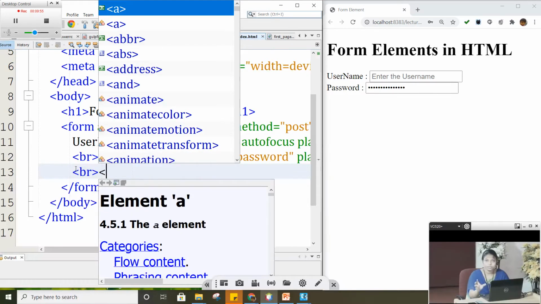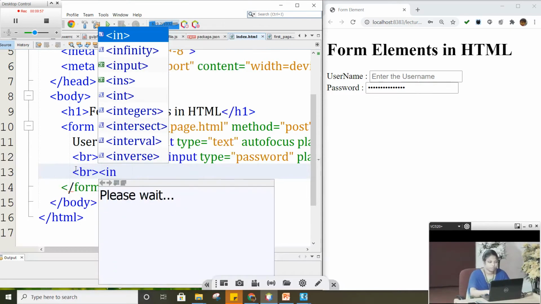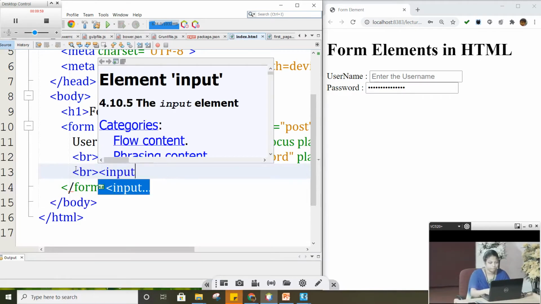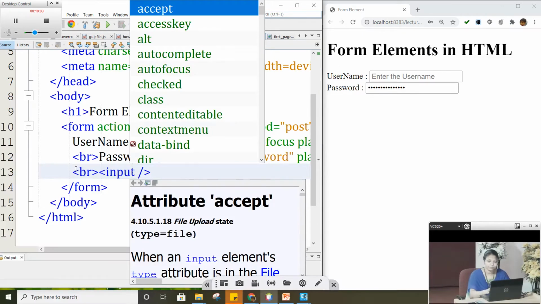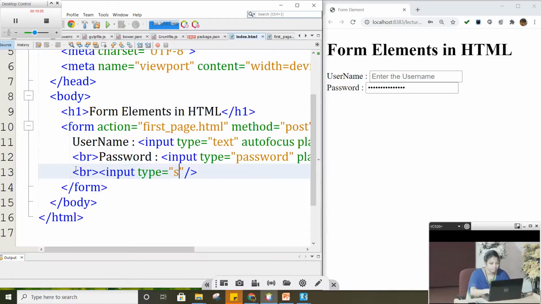We are going to submit our data to the server. For that, again the tag is input and the type here is submit. This is already predefined. Whenever I give the type as submit, automatically the data already collected in the form will be sent to the server.